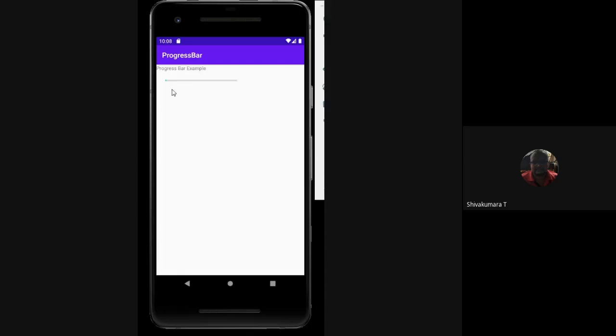You can specify a little more height so that it is clearly visible. Minimum height, you can specify 100.